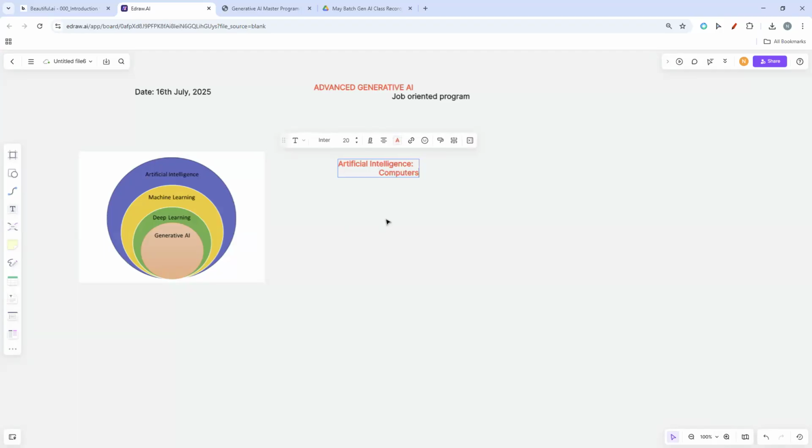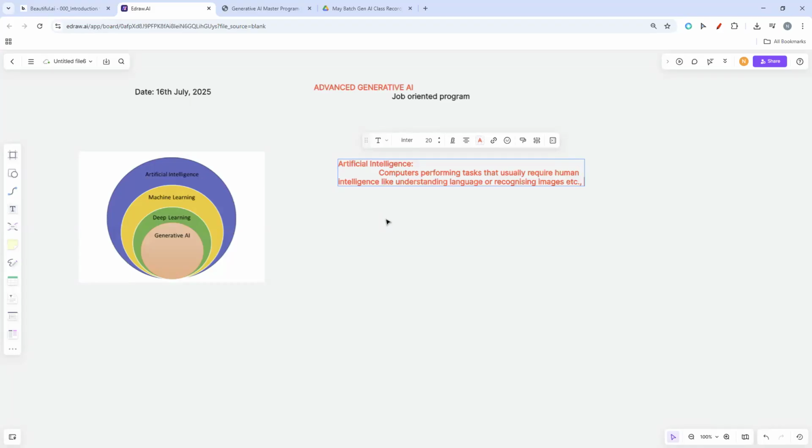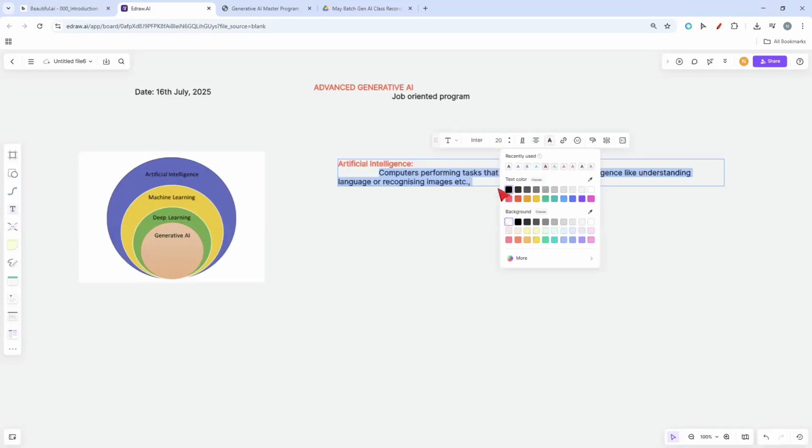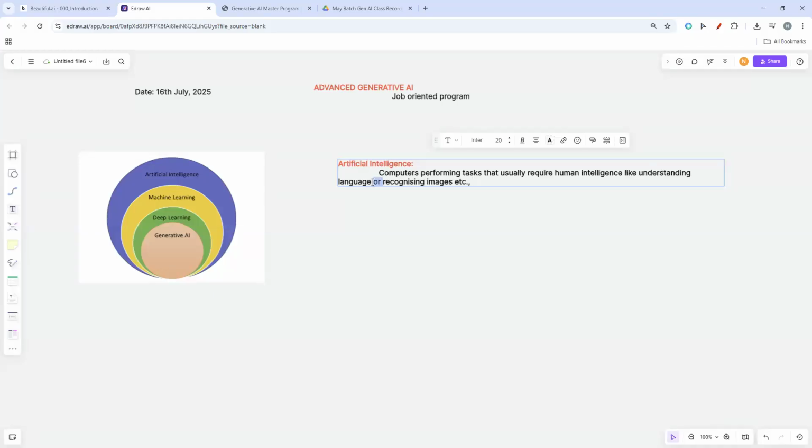I'll write a very simple definition here: computers performing tasks that usually require human intelligence, like understanding language, recognizing images, translating text, or text generation.